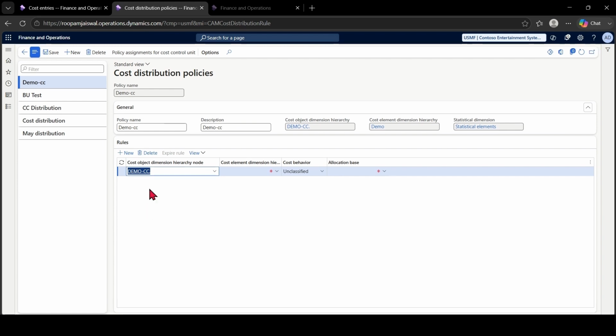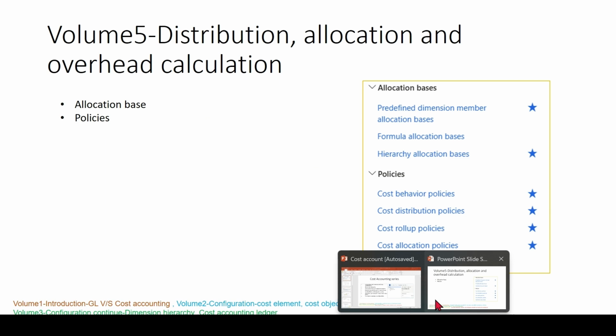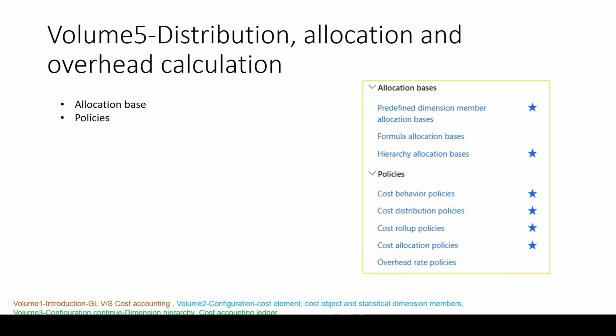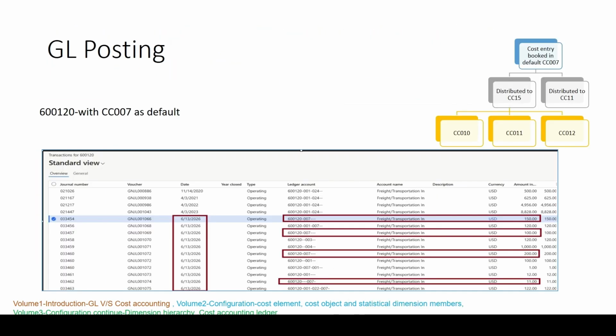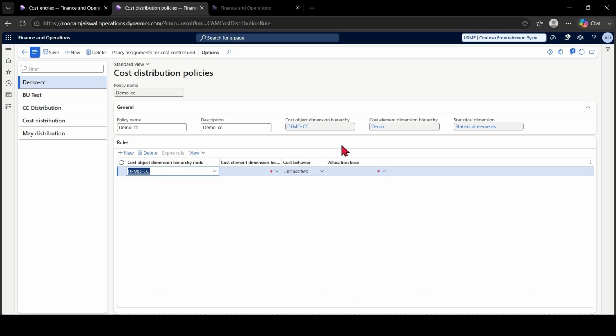Currently my requirement, as per the module, is that I am going to allocate from cost center 007. Whatever lines are there, I'm going to allocate them. I'll give 007 here and click enter.